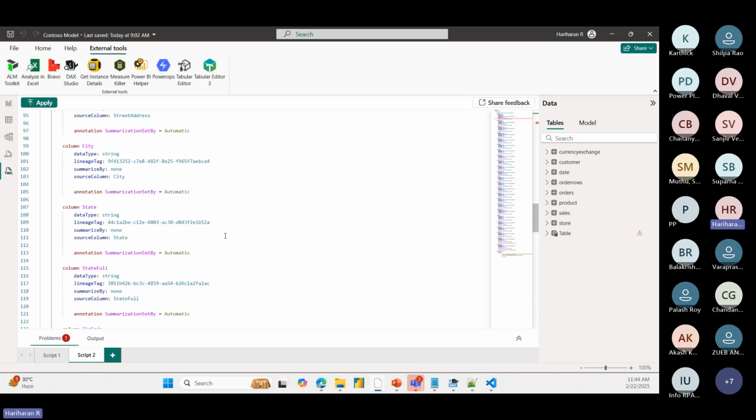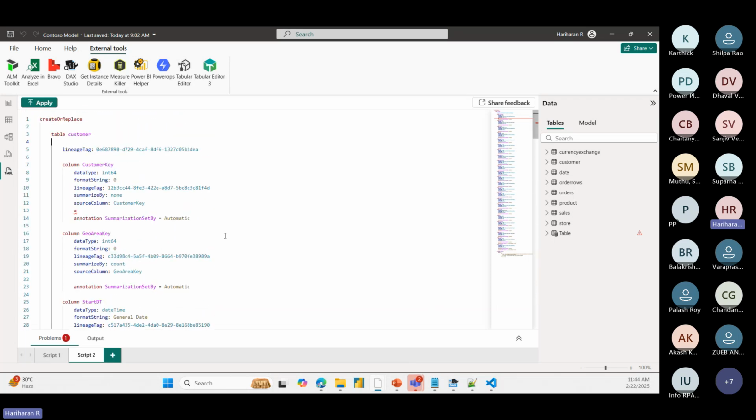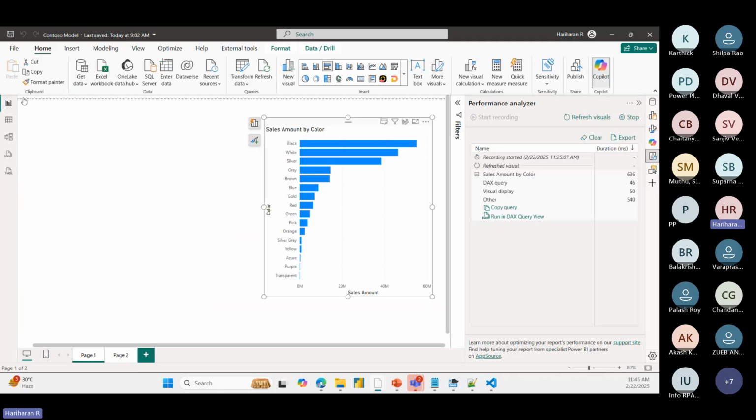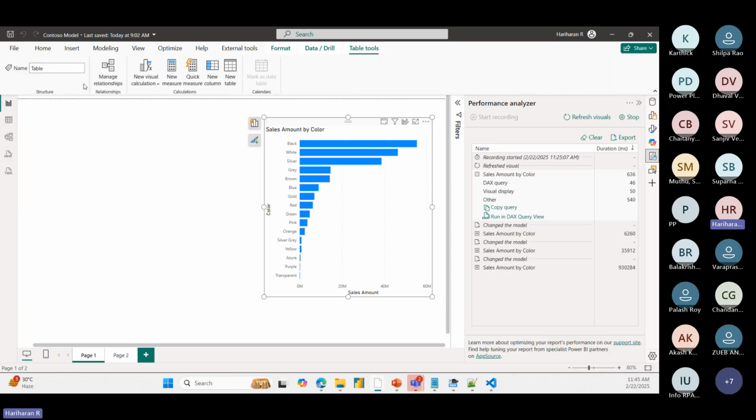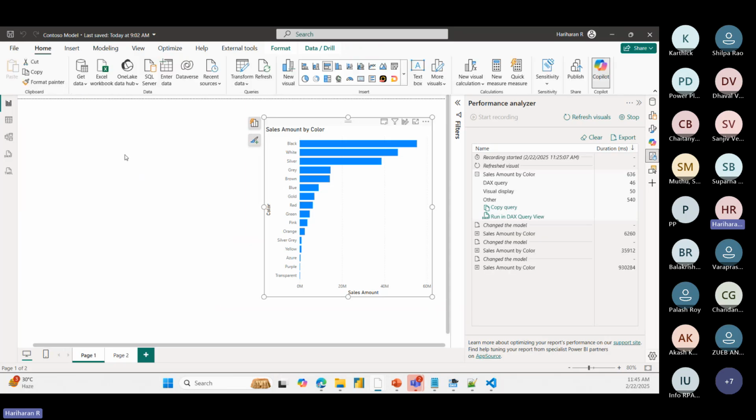So how can this be useful for our day-to-day activities? When you want to create a new semantic model, we just open a blank Power BI report, go to get data, connect to different sources, and start adding the tables, creating measures. So all this we usually do in the GUI. And sometimes it may take more time as it has to do a lot of validations. But